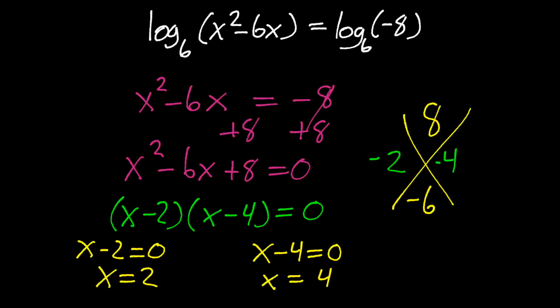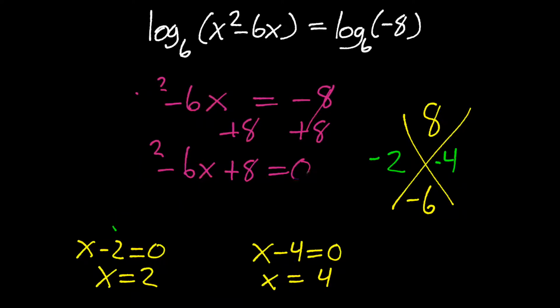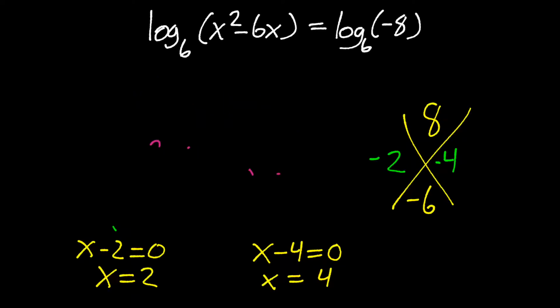And you're probably wondering, hey, we haven't had any examples so far where we could have two possible answers, and you're right. But since we have a quadratic and an x squared, we're going to get two possible answers, and they both work out. So I'm going to erase this work in the middle for a second, and we'll see how they work out. Okay, let's look at our piece right here, x squared minus 6x. If these two logs are going to be equal to each other, this side better equal a negative 8. So let's put in our first answer of 2. We get 2 squared